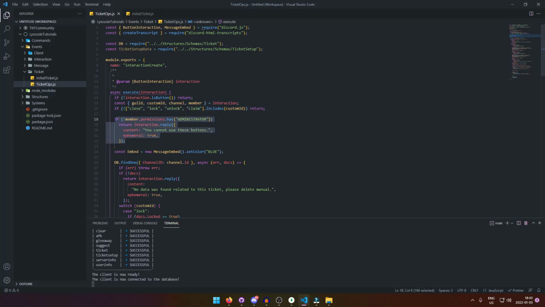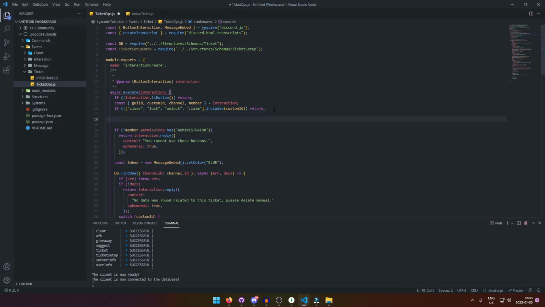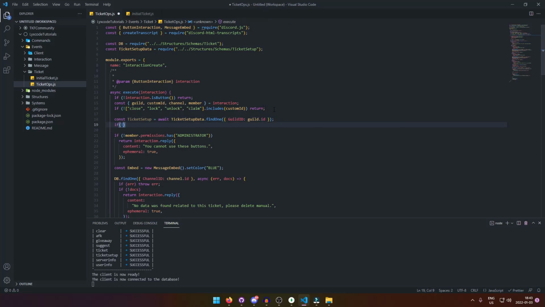And here, because we have a handlers role, we're gonna check the role instead of the permission. Before we do that, we're gonna go up here and type const ticketSetup, for example. We're gonna type await ticketSetupData.findOne, and we're gonna find one with the same guild ID. So guildId is equal to the guild.id of this one. All right, and now here, if !ticketSetup, so if we didn't find any data, we're gonna return